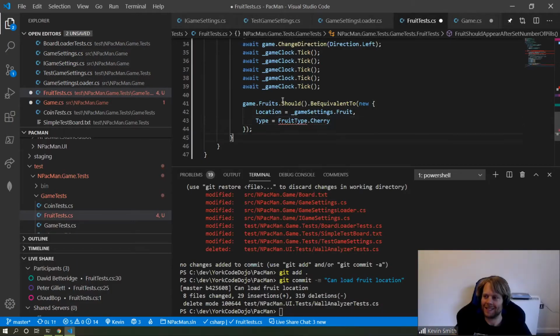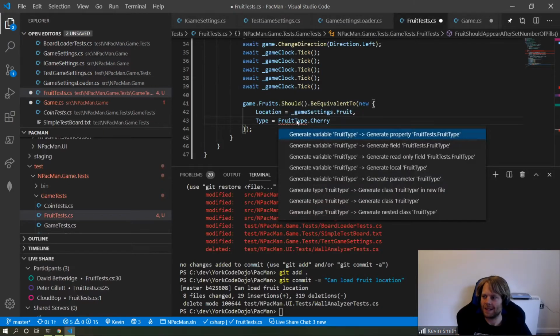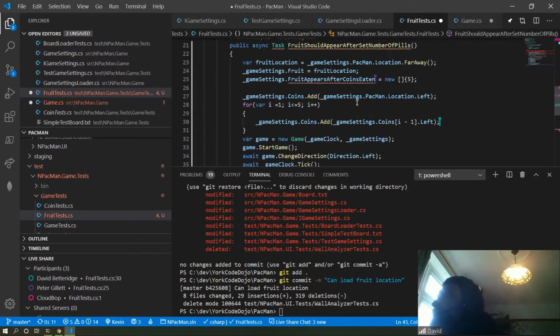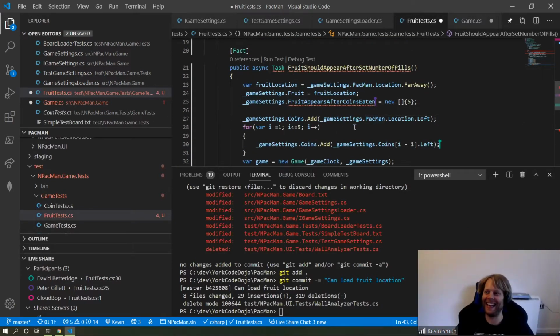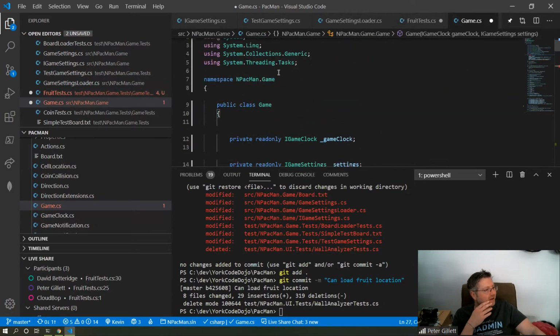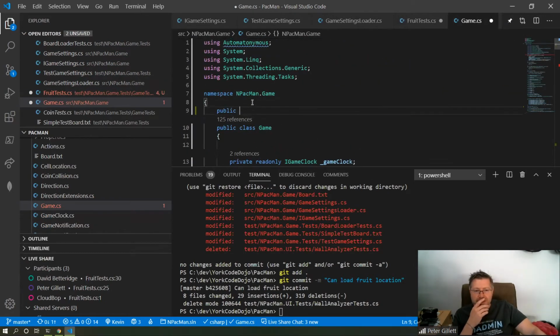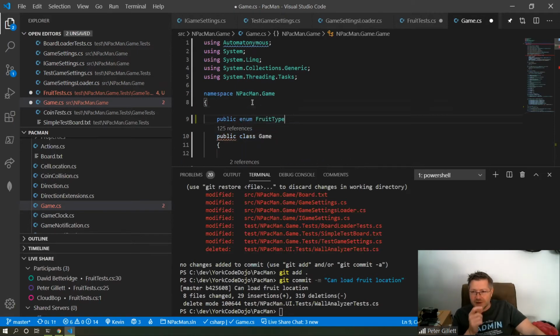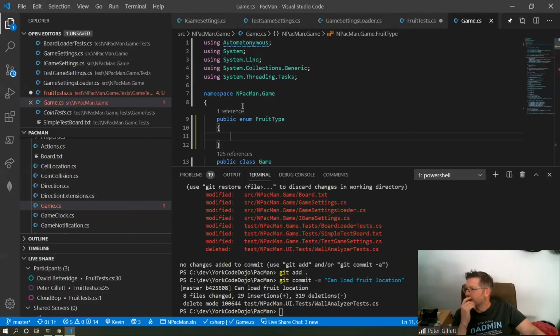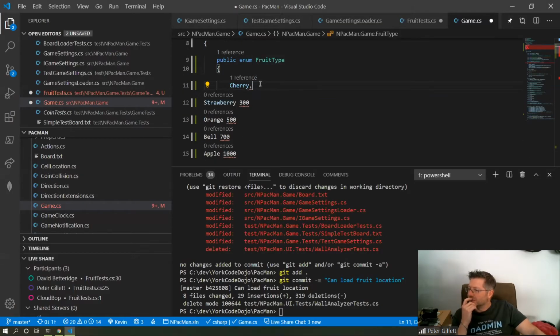It's a bit long, that, isn't it? Number of coins that must be eaten before fruit appears. You know, it's not ambiguous, is it? We were having this discussion a bit back about method names, and how long can you make property names and still be usable. We started writing some quite long ones, and we ummed and ahed about it, and then I shifted to using somebody else's API, and immediately after using it, it's got like an